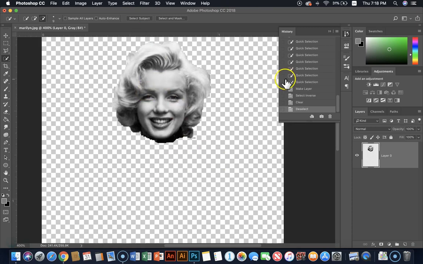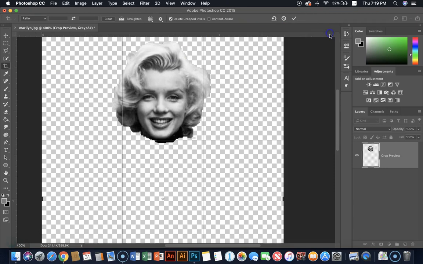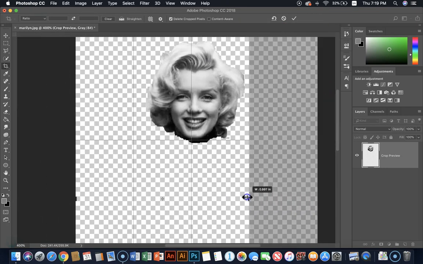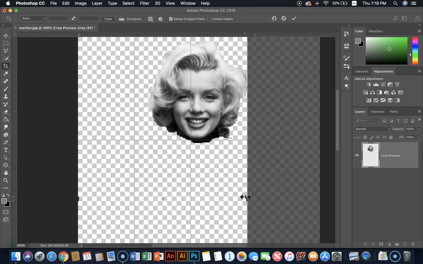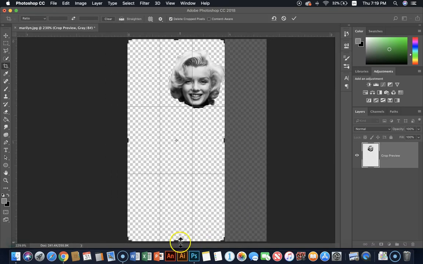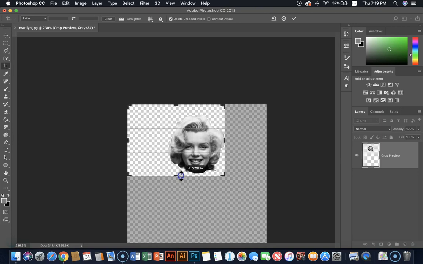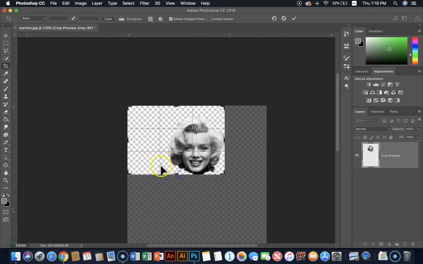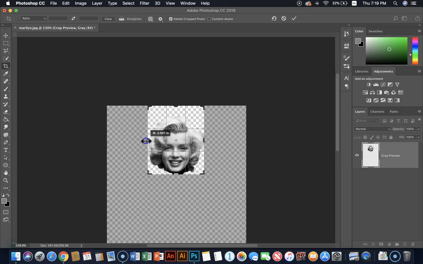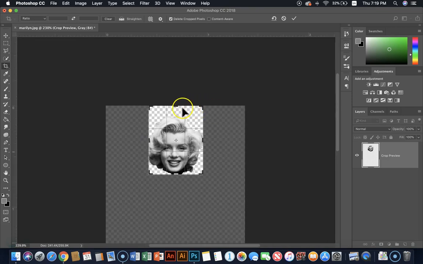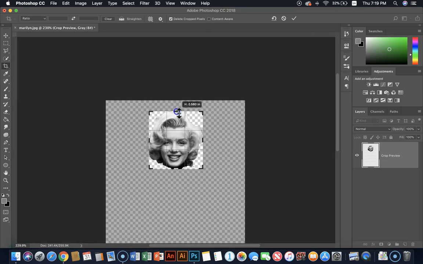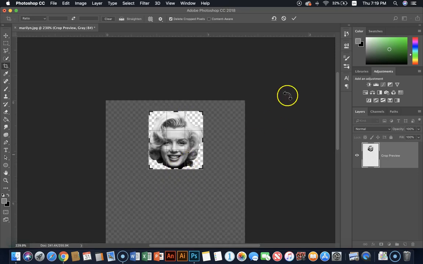Looks pretty good, but I got a lot of excess checkerboard all the way around. So I'm going to click on the crop tool just below the quick select tool. Click on the image, and now I want to do a tight crop. I'm actually going to have to Command 0, get zoomed all the way out. Tight crop, really do a good job with this. Really, I mean tight. So right up to closest edge to each side of the image, especially the bottom. Okay, then click the check,